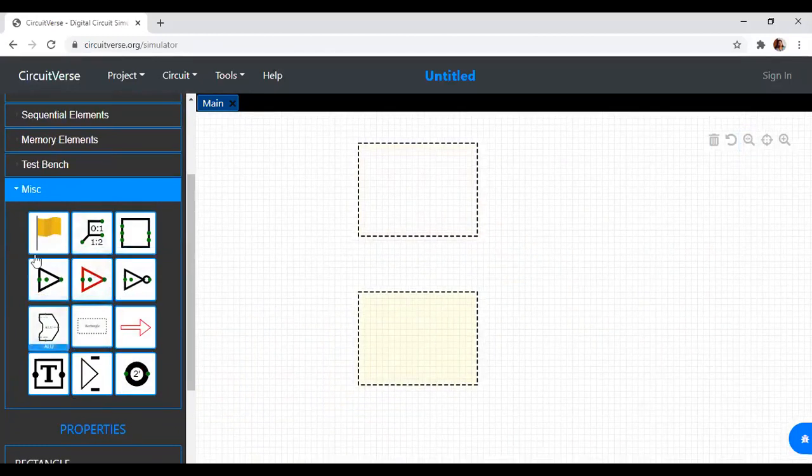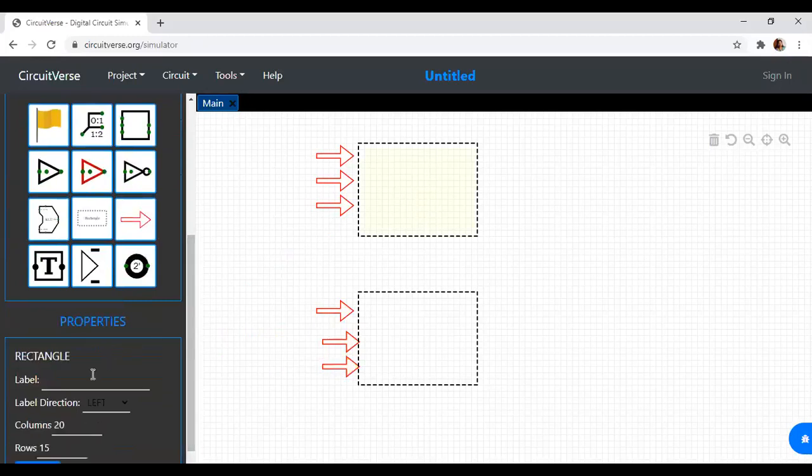By default, a 3:8 decoder has how many inputs? 3 inputs. Let me take this as the first input, this as the second input, and this as the third input. The same inputs over here: first input, second input, and third input. This is a 3:8 decoder, so let me label this as 3:8 decoder. Again, this is also a 3:8 decoder.